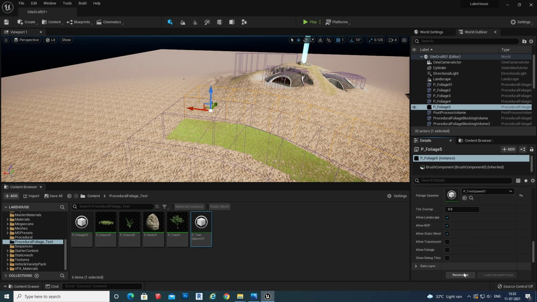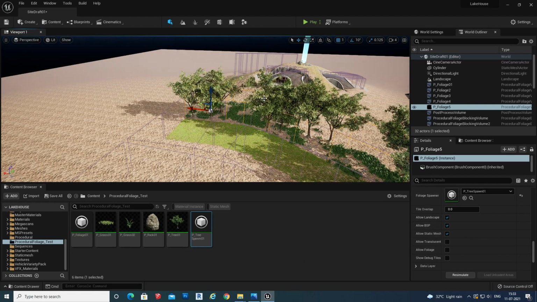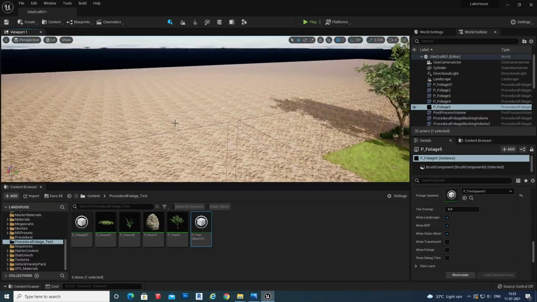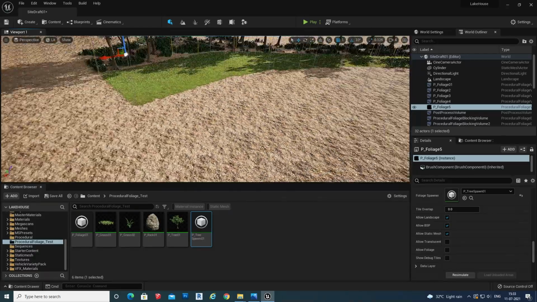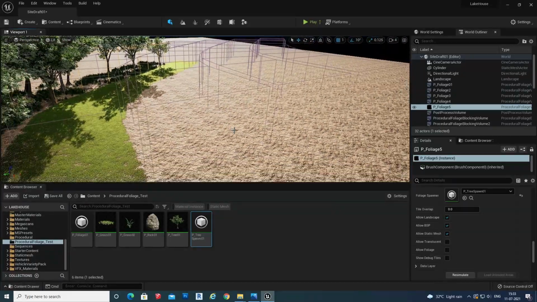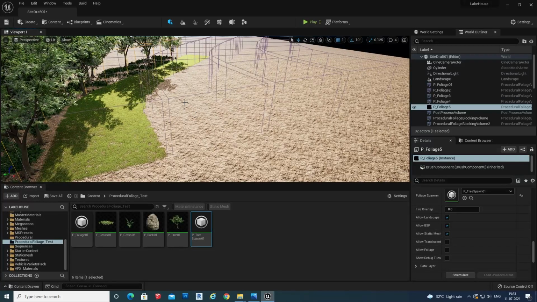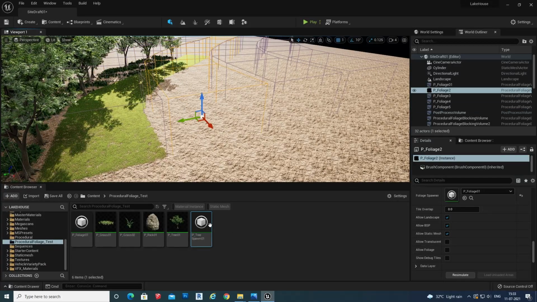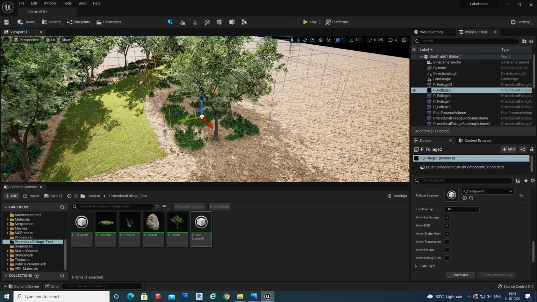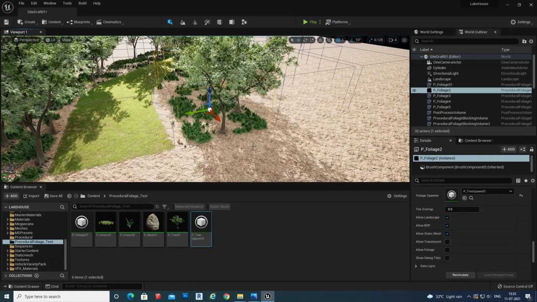For one volume I am spawning this tree. Yeah, the next patch is my grass patch, and I am selecting the next one, selecting it, putting the tree.